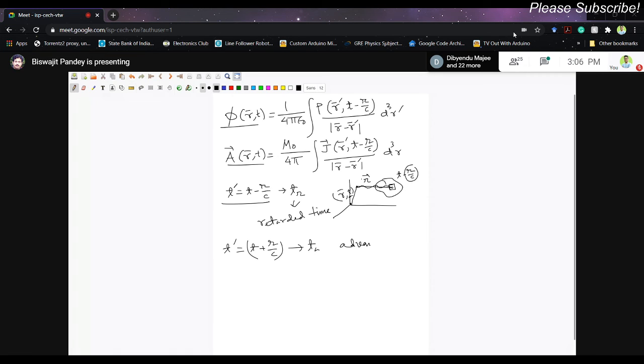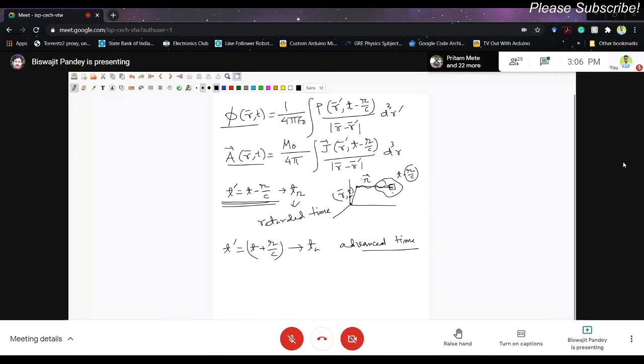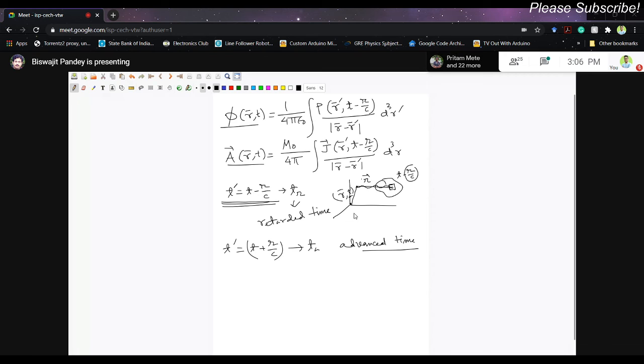Now you see, this is quite conflicting and inconsistent if you think in terms of relativity, because what it is telling you is that the configuration of the source, that is the charge distribution or the current distribution at some future instant, will decide the potential at present, right? In this configuration, it is telling you that the charge distribution in the past, or the current distribution in the past, is affecting the present value of the scalar potential and the vector potential, and that is okay in relativity, because you know that light has a finite speed, and that requires some time in order to have the signal propagated from point A to point B. But this